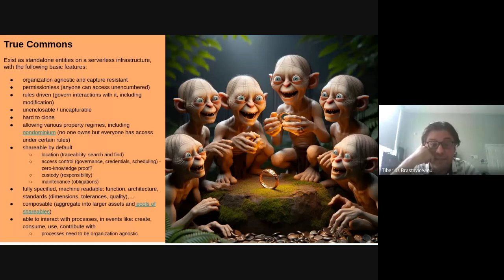Okay, so think about the Bitcoin network as a digital peer production asset, the network itself. It is organization agnostic. It is its own organization. Its existence is not tied into any government, any corporation, or any individual. It's a non-dominion form of property, and it's out there, and everybody can connect to it, and it's capture resistant. Access to these resources needs to be permissionless, which doesn't exclude rules. Once you follow the rules, you can access these resources.